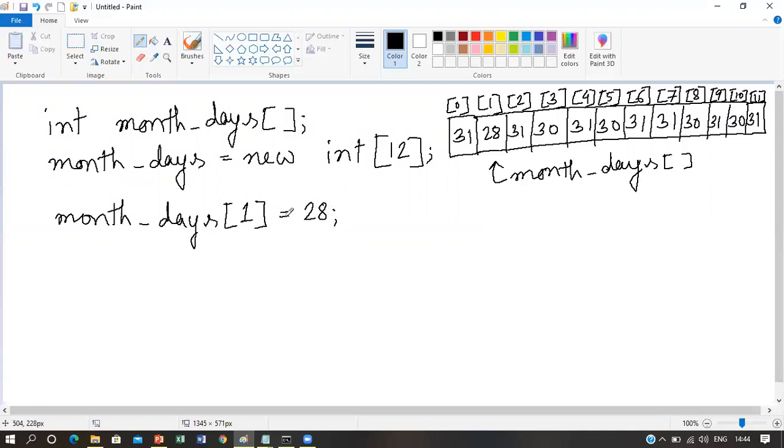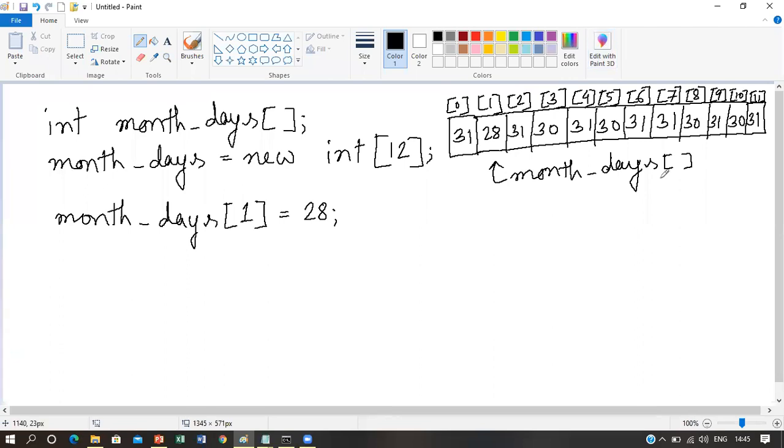So after the assignment operator equal to, we have written 28 on the right hand side. That means the value 28 will be put into the first index location of this array. First index location means the second element of the array will contain the value 28 now.